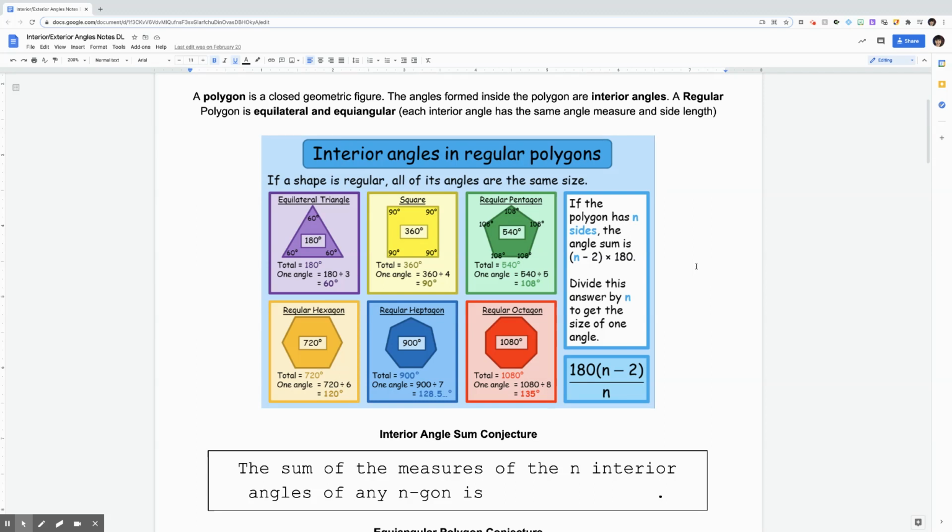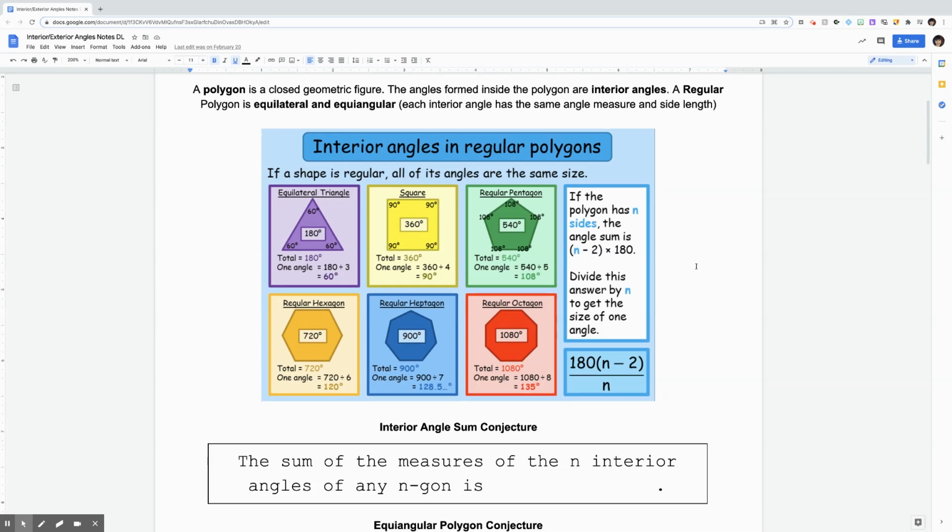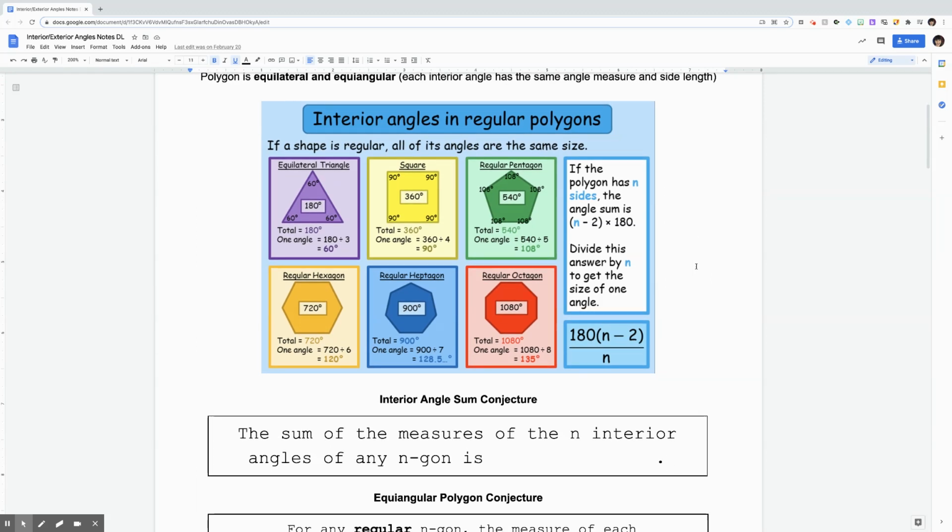shapes that are both equilateral, meaning all of the sides are the same, and equiangular, meaning all of the angles are the same. So you can see a bunch of regular polygons on the screen right here, and each one of them gives you the sum of all of the interior angles in those polygons. So for example, on this heptagon right here,